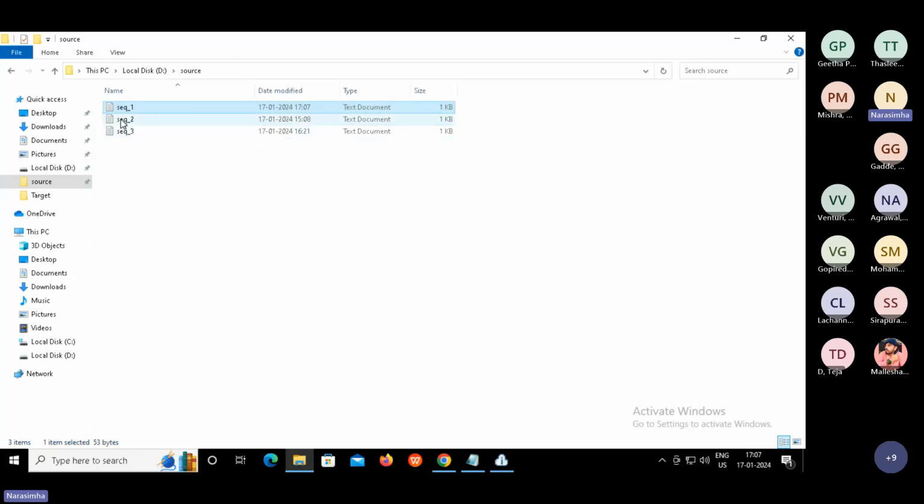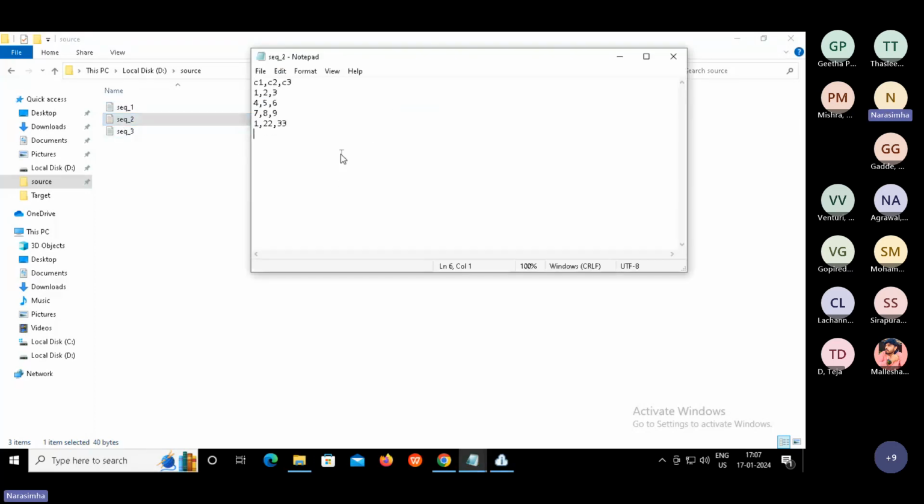Now open the second file. Here also we will add triple two, then triple three, then triple four. Just add it.